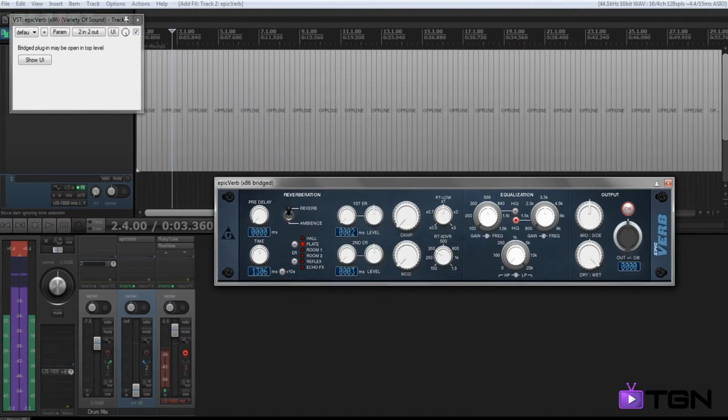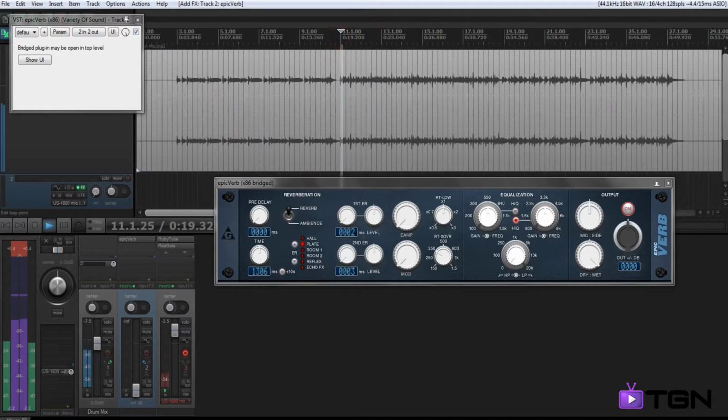Oops, that's not the part I wanted to play. Okay, so I'm going to start bringing in the fader on this, just so you can hear what this sounds like, just with default settings. I think this reverb sounds really nice without a whole lot of tweaking,